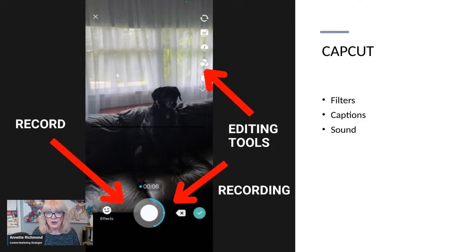Again, here you can record one thing at a time. If you make a mistake, you can delete it and re-record it, or you can just record a couple of different versions and then go back and edit what you don't like out. Again, a pretty simple tool. And if you do anything on TikTok, you'll see these are the same. Here's various editing tools, filters, captions are on here, voiceovers, all kinds of things like that.